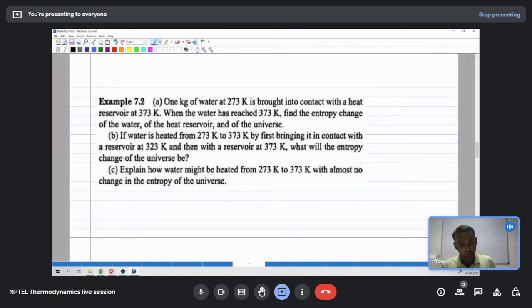So in the first part we have a water body initially at 273 Kelvin which heats up to 373 Kelvin. This is done by bringing in a reservoir. The temperature of the reservoir is 373 Kelvin. So heat is transferred from the reservoir to the water. So in this case, finding the entropy change of the water,